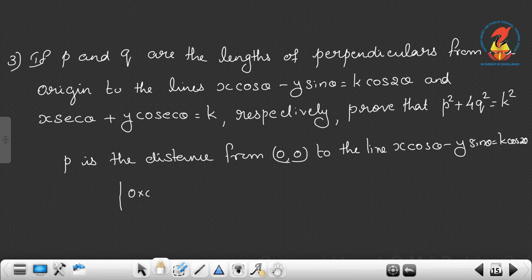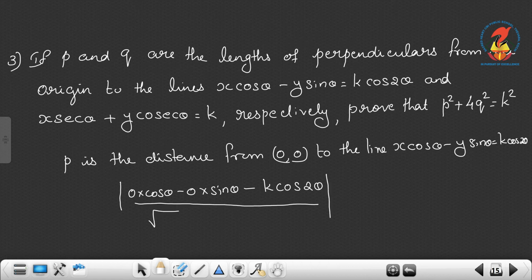So 0 into cos theta minus 0 into sin theta, then k cos 2 theta you take to the left side. We don't write equal here. So minus k cos 2 theta equal to 0, that is the general equation of the line, by root of